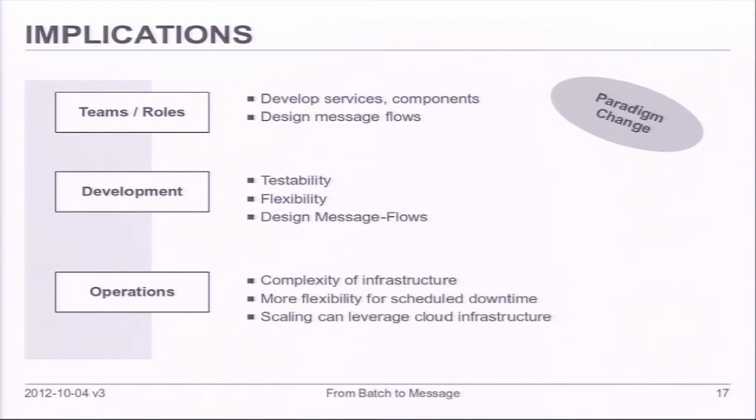If you have a scheduled downtime, for example, you want to do testing or have to replace some hardware, you can take the system offline. All the messages are in the broker, and after the system becomes available again, it will consume the messages and continue with the operation. And if you want to scale up, you can just add more machines, and all machines will consume the messages from the message broker. The message broker is responsible for handling transactions and preventing duplicate messages, so that two machines are not processing the same message. This is done by the message broker, so you don't have to take care of that. That's really good.